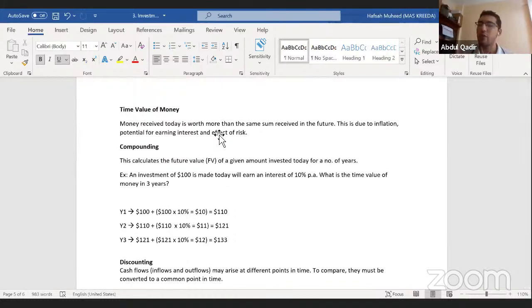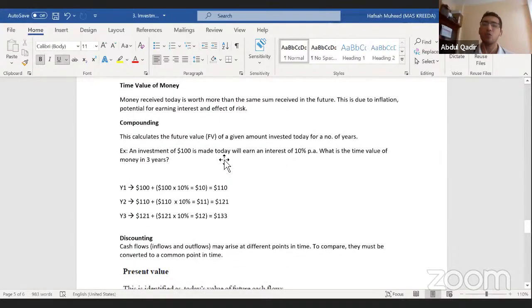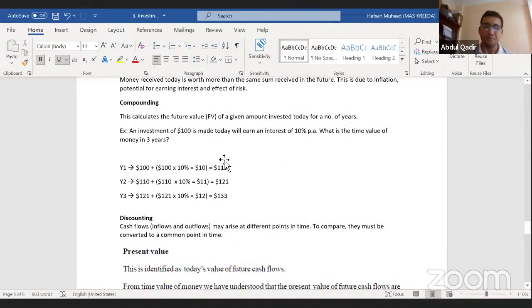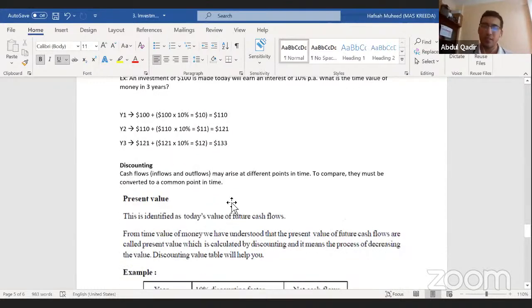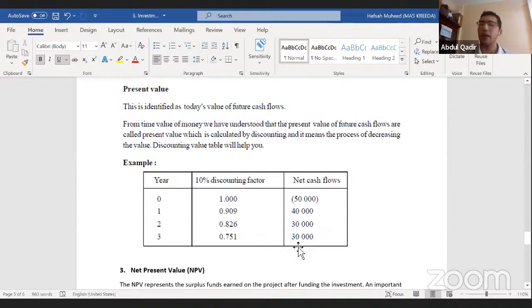So let me just quickly run through the time value of money, where you come to this concept called discounting, right? You have already used these calculations, discounting factors at 10%, 15%, where you discount the future cash flows. That is called the time value of money. I've shown an example here where you have your discounting factor and a certain cash flow, and you multiply the two to get the present value.